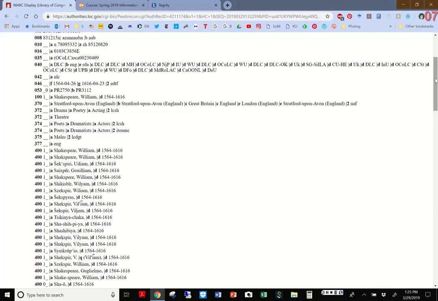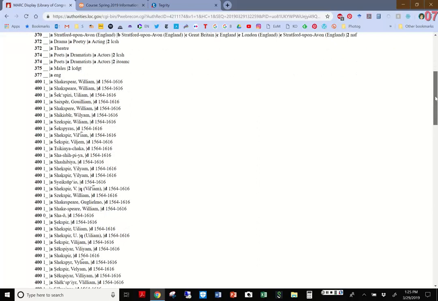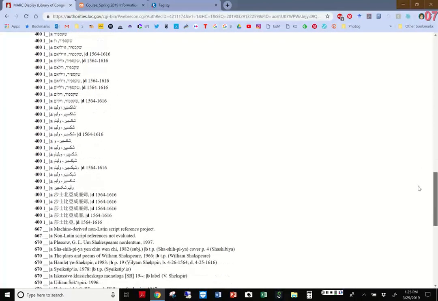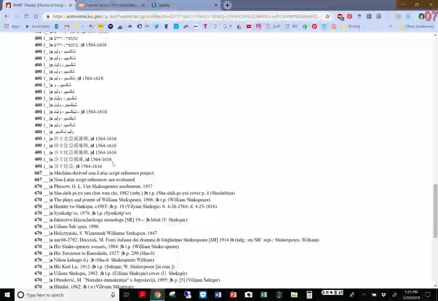Now, because it's Shakespeare and he's known all over the world, he has a lot of 400s. You can see all the different scripts, in the Cyrillic alphabet, the Arabic alphabet, all different ways that he is listed, and these will all be tied together. So you can see all of that. You can also see different